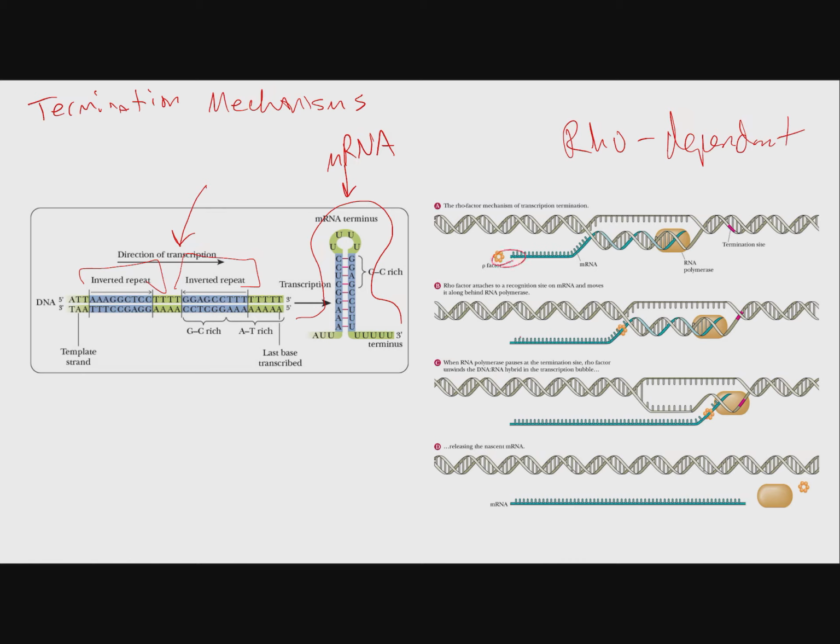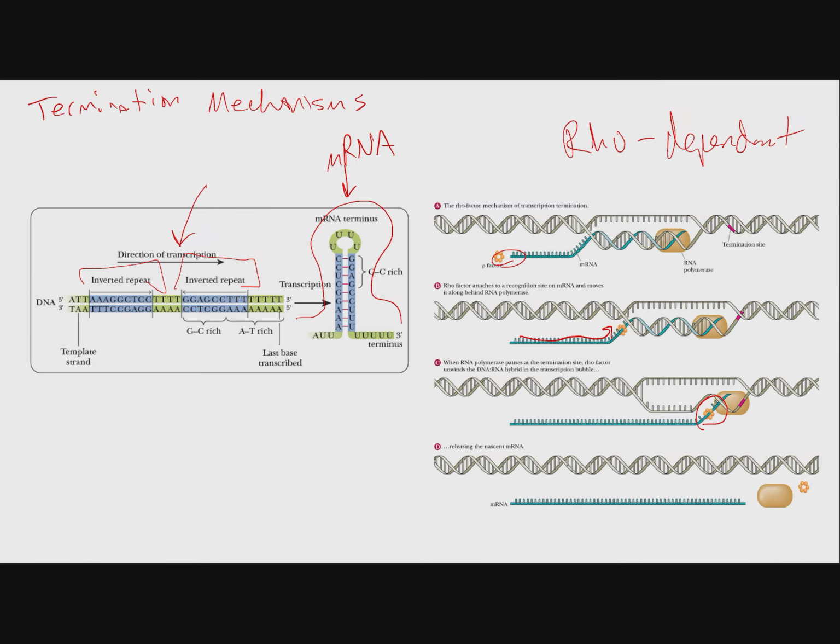So then it's trailing up along the mRNA, chasing behind the RNA polymerase that's running along the template strand. Now, when the RNA polymerase pauses at this termination site, so the mRNA gets to a spot where there is a hairpin loop that's formed, the RNA stops a little bit, has to wait, rho catches up, and